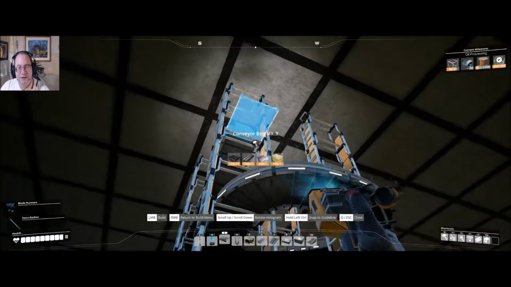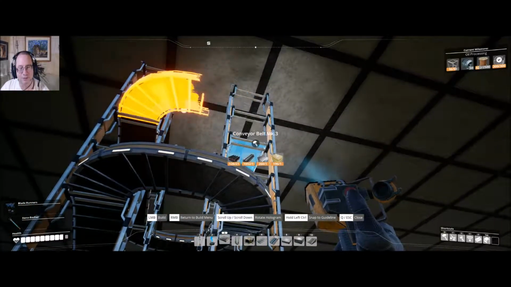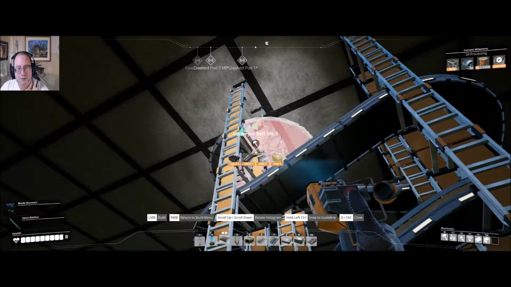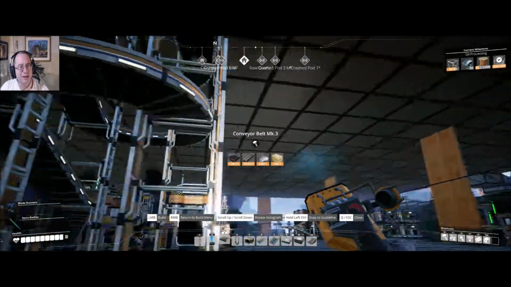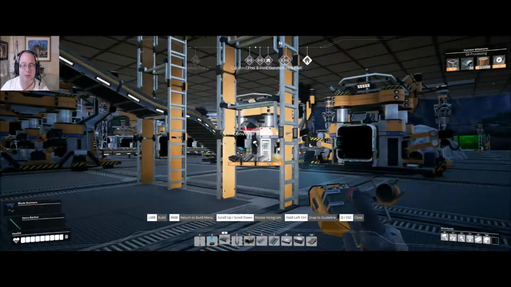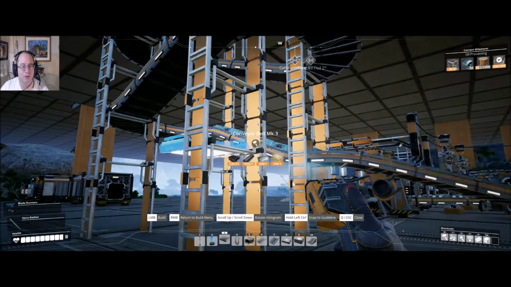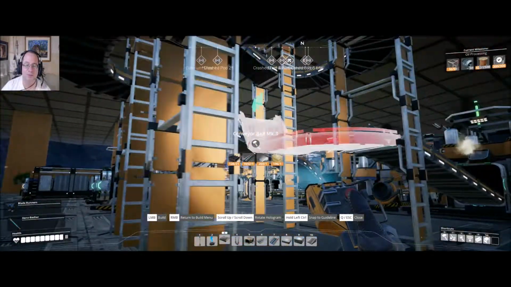All right, and from there to the, oop, stop that. There, and from there to there. And so you kind of get the idea of what we're looking at here. It's basically just a compact elevator system that goes up. And the cool thing about this is that if I want to, I can do this, and I can, oops,